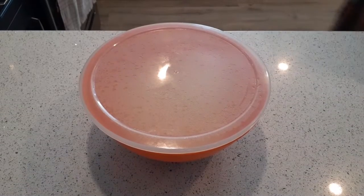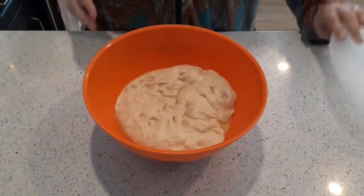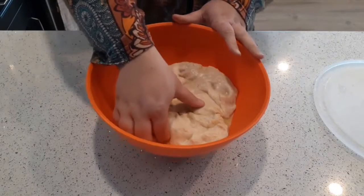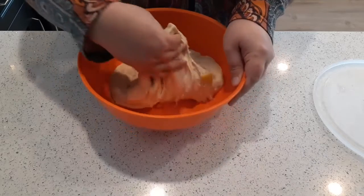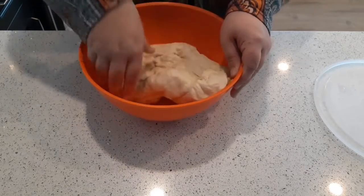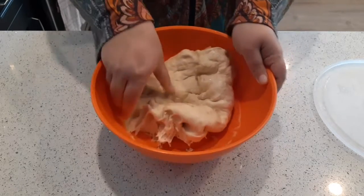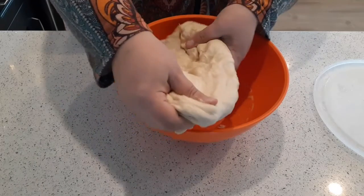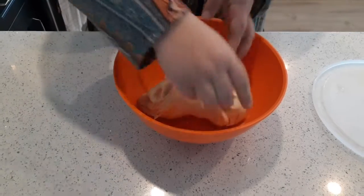All right, it has been 24 hours since we first set this dough aside to start rising. It has risen. Okay, it has. It's getting there. It's just very, very slow. So what we're going to do is we're going to peel this dough out gently. Want to be gentle about it. Then what we're going to do is we're going to pull the dough, turn it over itself, rotate the bowl,